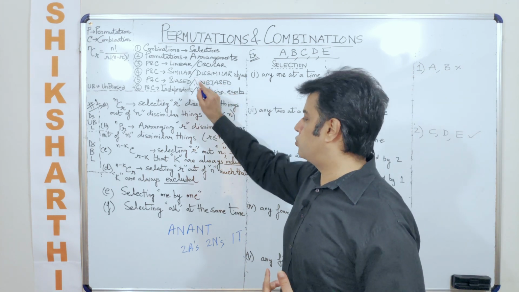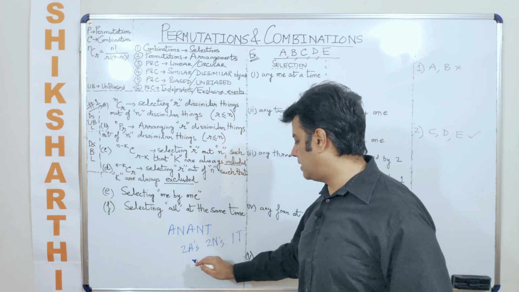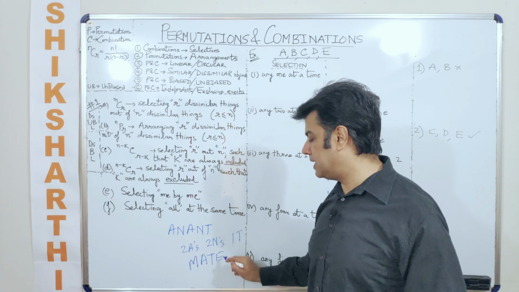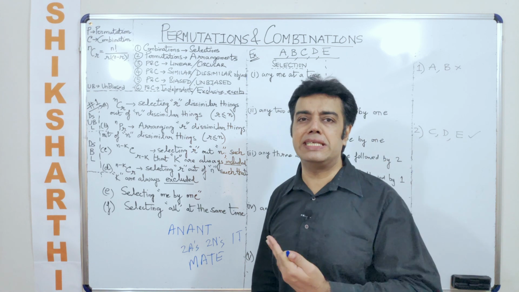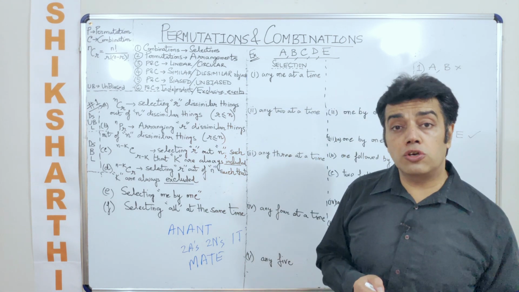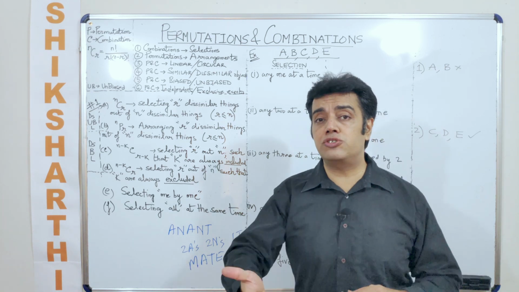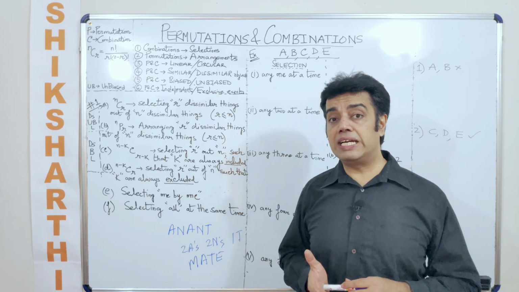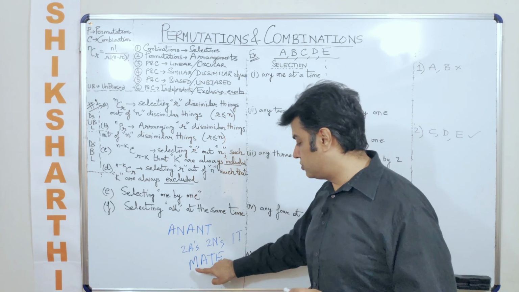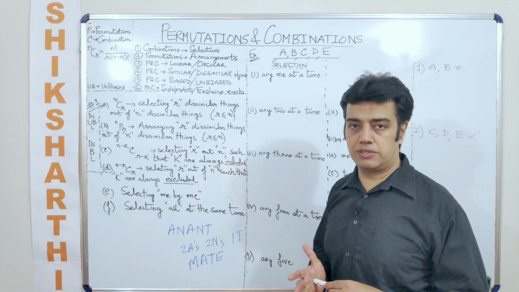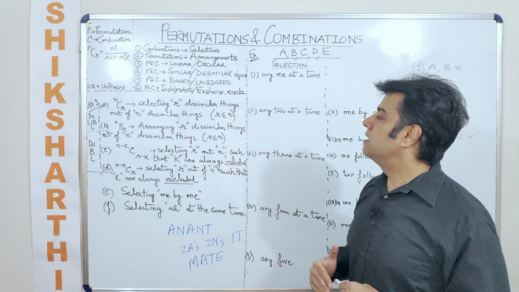Similarly, if I would have chosen a word like mate, M-A-T-E, or let's say one M, one A, one T and one E, and then using all of them together, I am supposed to make different arrangements of these selections of letters. So here we would say all the objects that we have selected are dissimilar in nature, right?